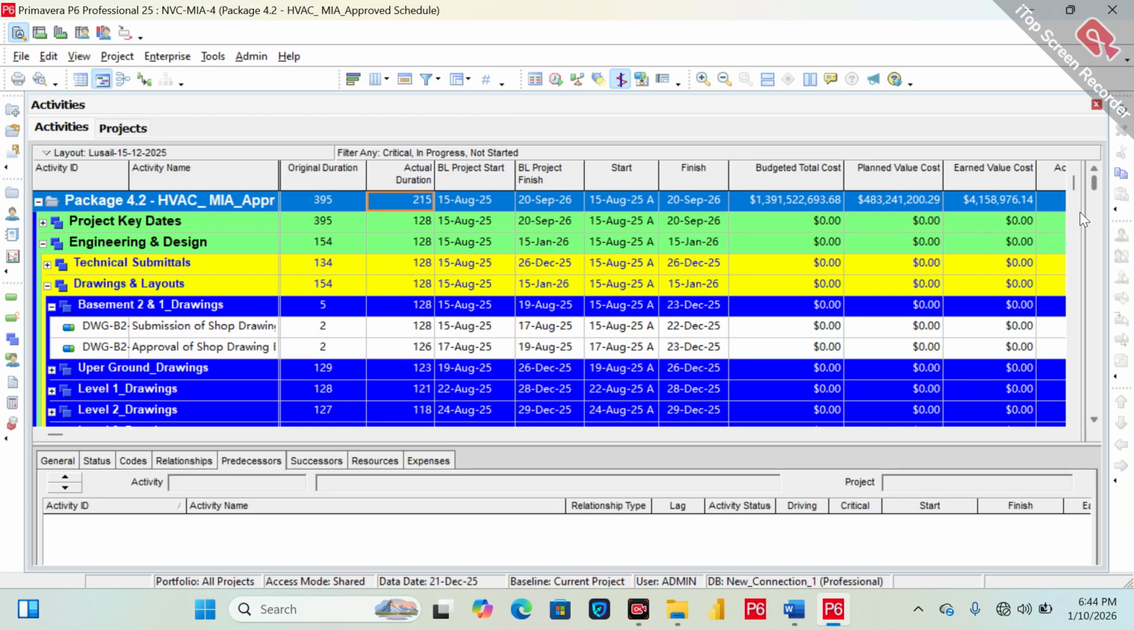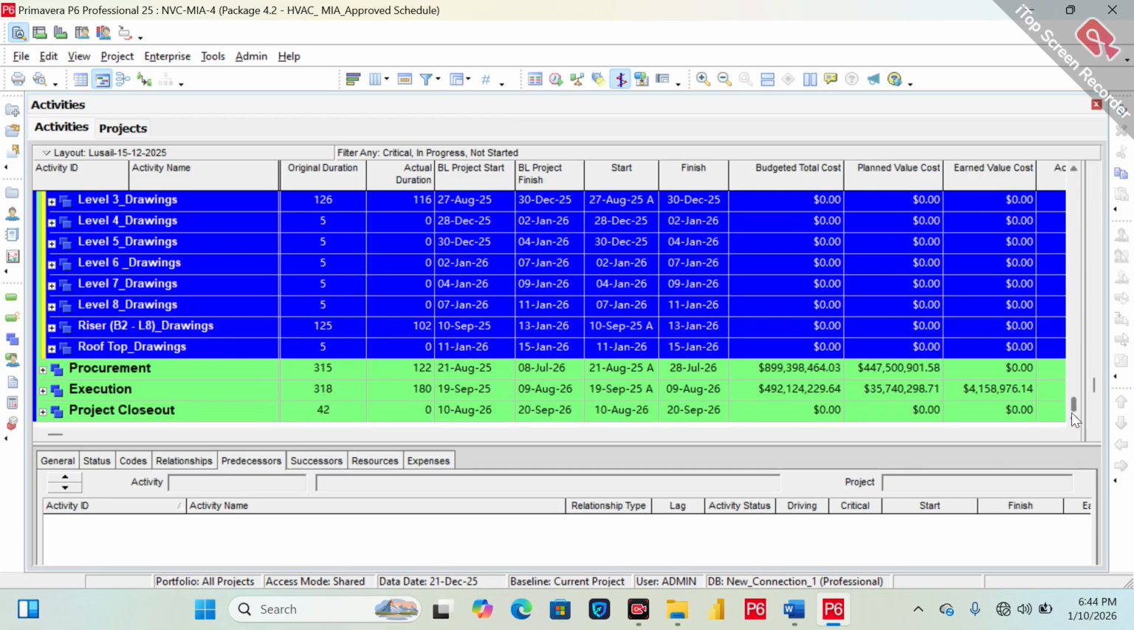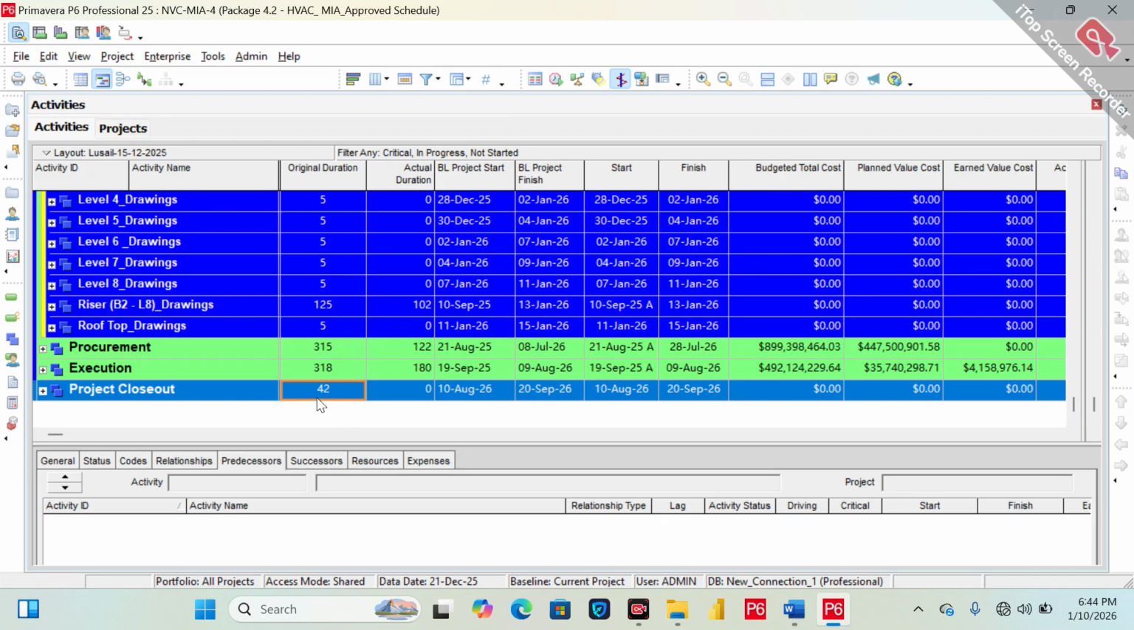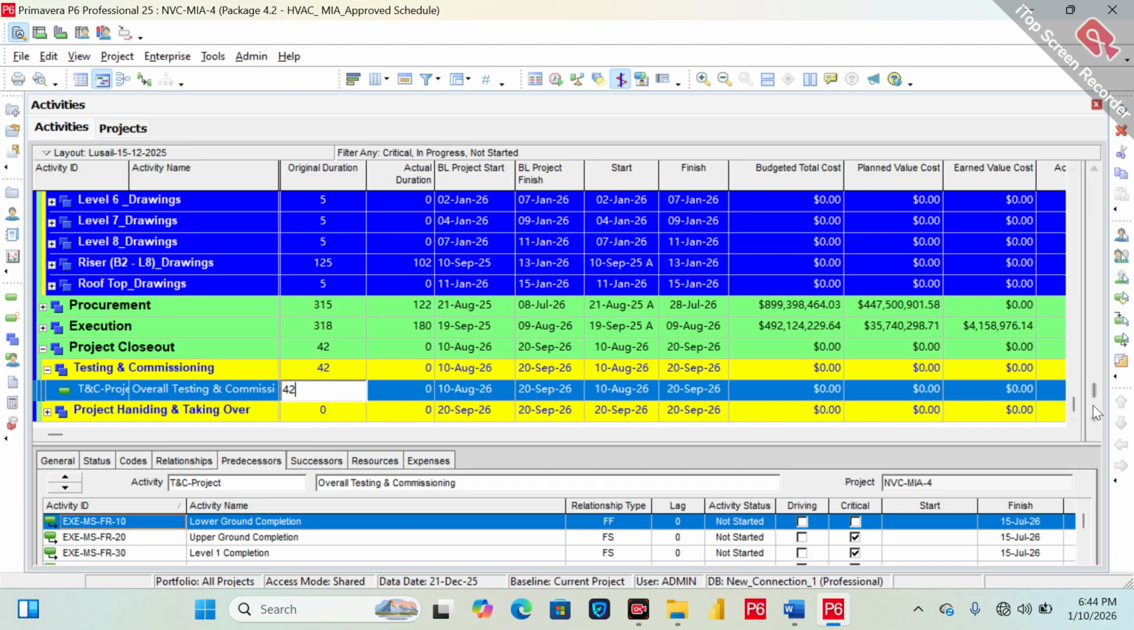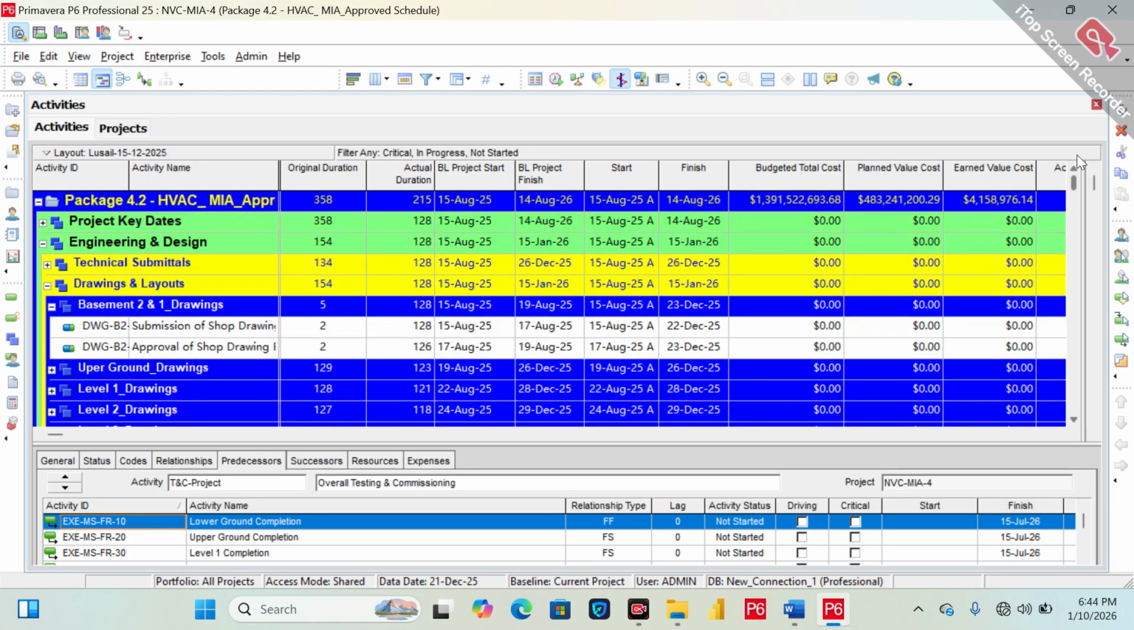Now what I'm doing is going fast. Let's suppose I am reducing the time from here, which is 42 days. 42 days, but I'm saying it should be 20. Let's suppose 10, 7, let's suppose 5. 14th of August. So you can see that